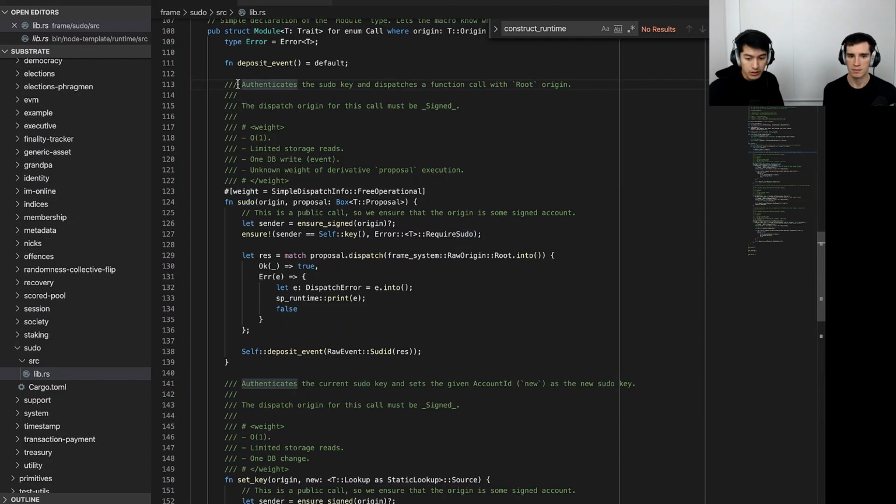So you can see here we can take a look at the comments. It says authenticates the sudo key and dispatches a function with root origin. So we'll talk about origin in a little bit, but we'll kind of unwrap it. You can see here the sudo function itself has 2 inputs. One is origin. Again, that's something that we've been talking about, and you'll see that every single extrinsic function has